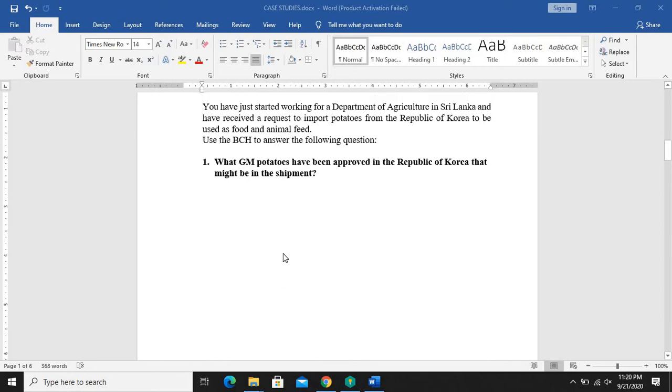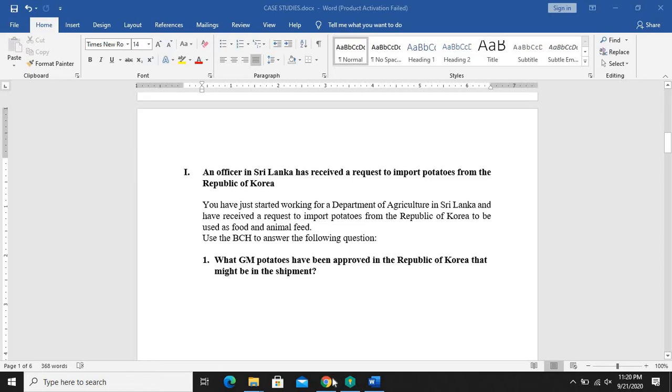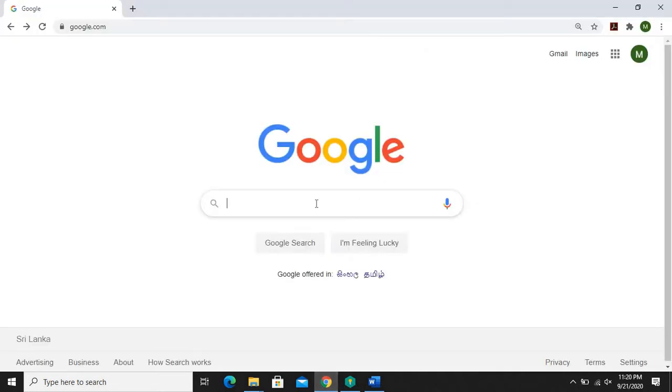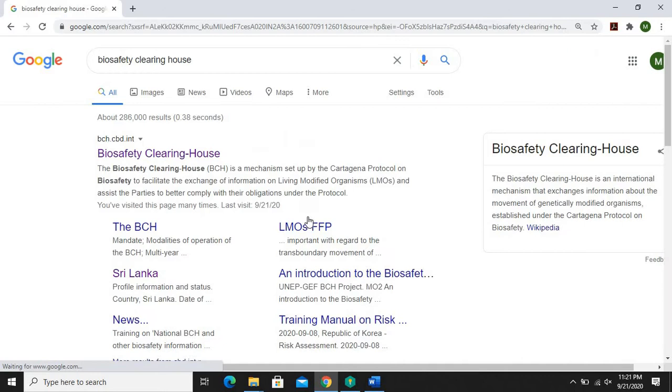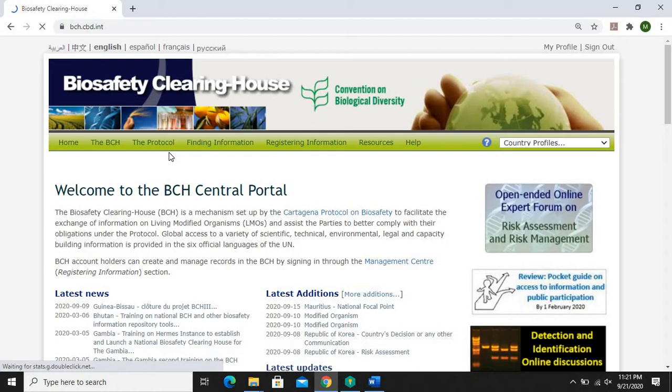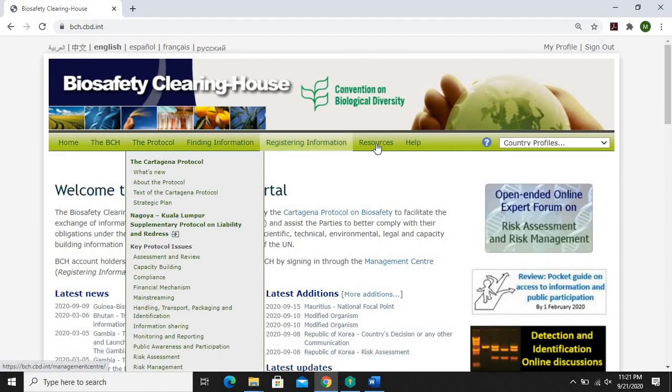So before discussing these case studies, we will go to BCH Central Portal and get familiar with the Finding Information tab. To access the BCH Central Portal, we have to type Biosafety Clearing House in any of the search engines, and then once you click on this link, you will be directed to the BCH Central Portal homepage. So this is the Central Portal homepage, and as you can see, there are several tabs containing a lot of